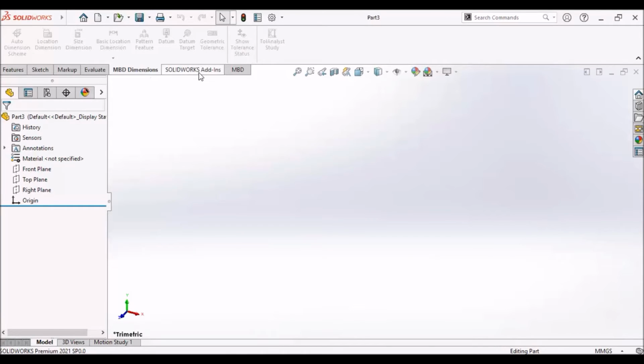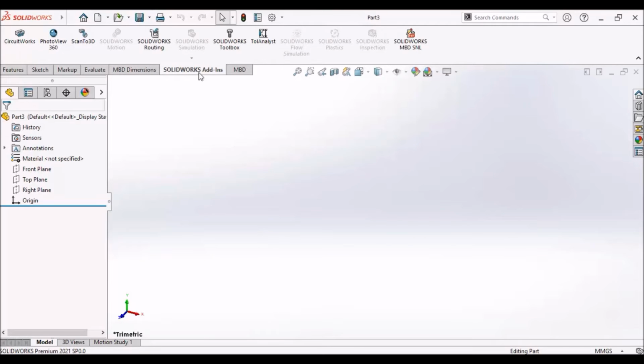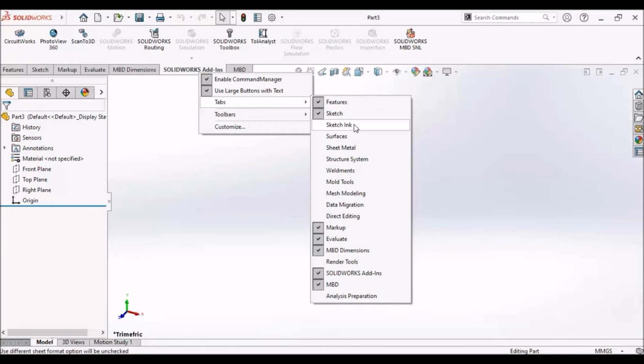And if I talk about some of the other features like SolidWorks add-ins, if I right click on that there is a tab, we can easily import these kinds of advanced or premium features that SolidWorks provides, like surface, sheet metal, structure system, weldments, mold design, mesh modeling, data migration, direct editing, and render tool also.